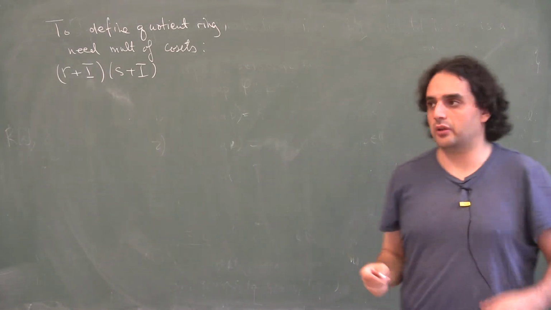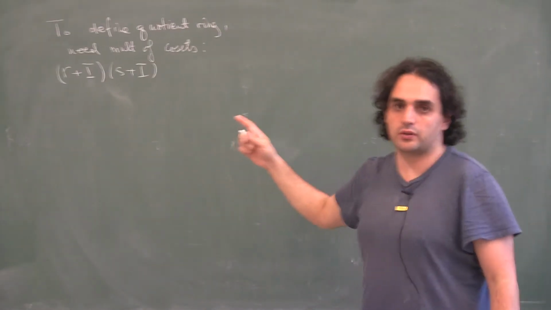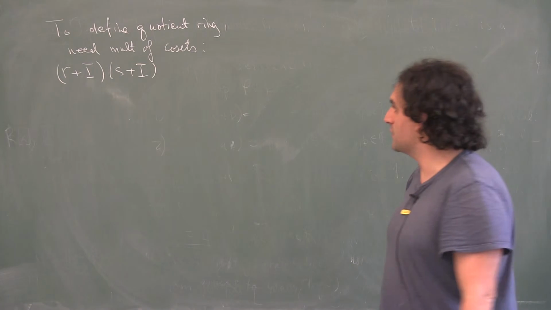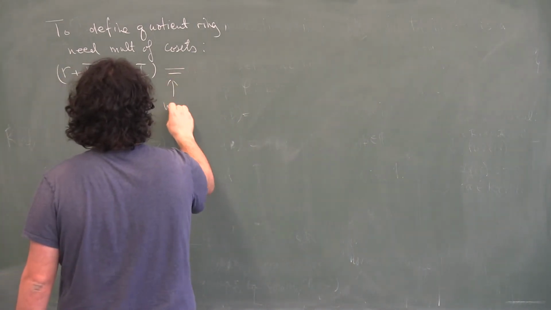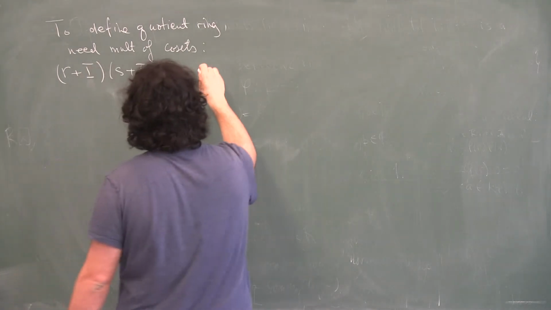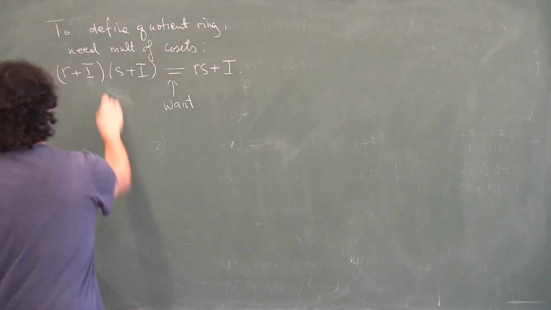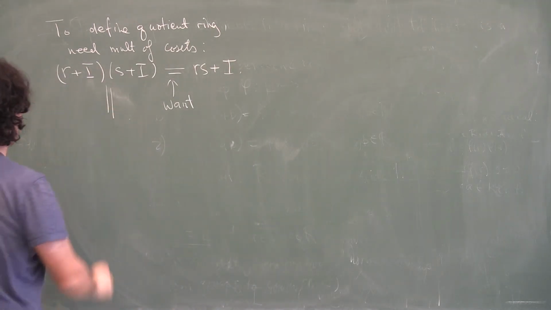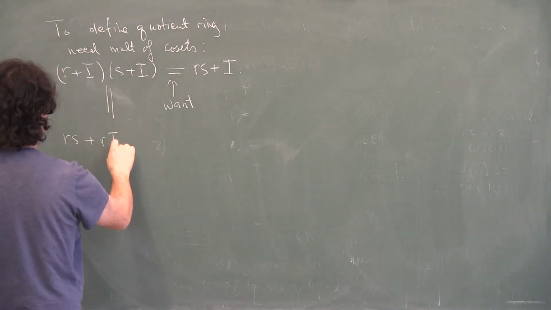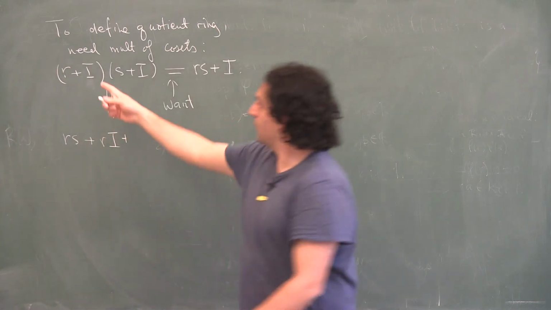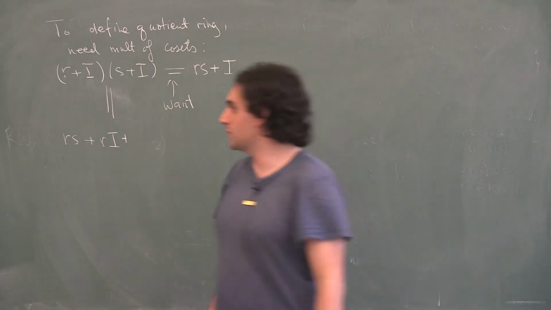Now, the natural thing is to want this product to be the coset represented by the product r times s. So we would want this to be rs plus I. But when we actually multiply this out, what comes out is rs plus r times I plus I times s, but I times s is s times I, because I'm assuming my ring is commutative,